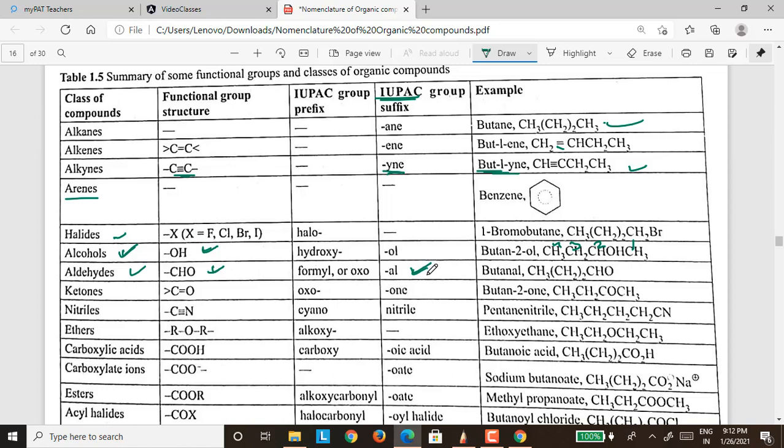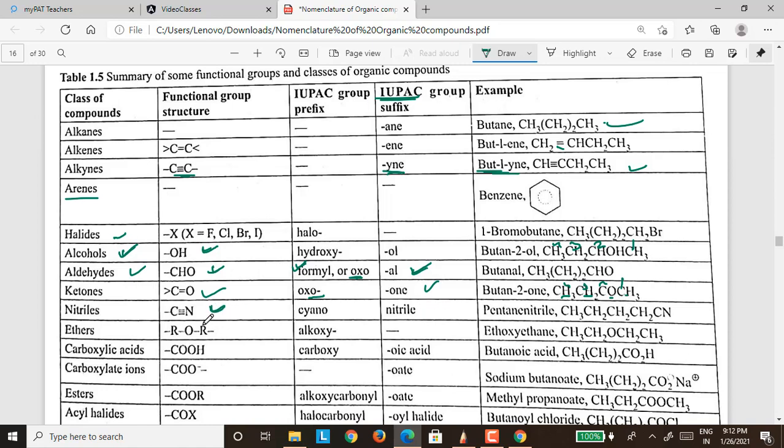If it is used as suffix, here it is the main functional group, but suppose it is used as prefix, when more priority groups are there, then it will be used as a substituent, and it will be given oxo. It is better to remember oxo because in aldehyde oxo, ketone also oxo, that is better. Or formyl, suppose formyl is there, then aldehyde only, not ketone. Okay. So prefix for ketone is oxo and suffix is one if it is the main functional group. So that is butanone. So suppose 4 carbon are there, 1, 2, 3, 4. In 4 carbon, here you get one, so 2-butanone.